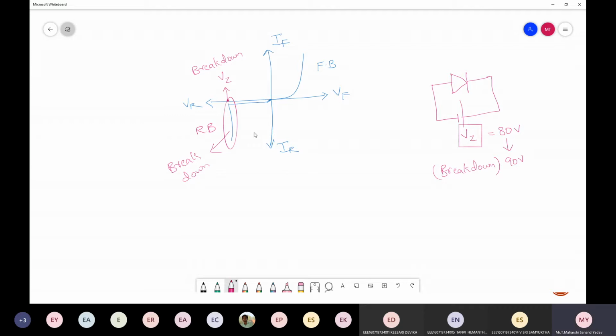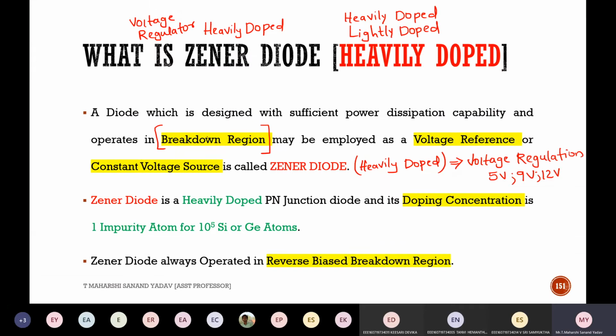Now this Zener diode operates only within this breakdown region. Suppose we consider a PN diode, it will work under forward bias and under reverse bias till a certain portion. Suppose it reaches the breakdown voltage, then what will happen? Will it work? No. The diode won't work. Why won't it work? Because it gets damaged because of heavy reverse voltage. Now, in order to operate under these conditions also, there is one kind of diode which is nothing but the Zener diode. See here, it operates within this breakdown region itself.